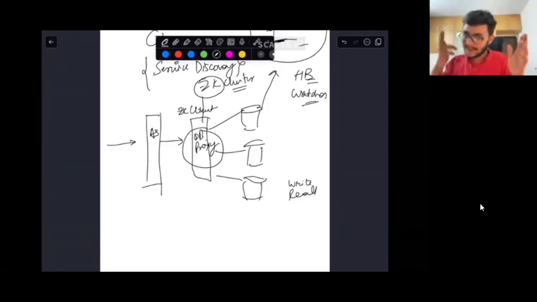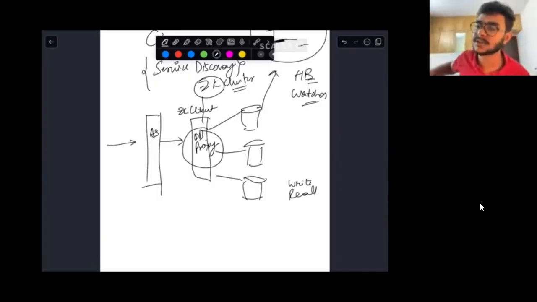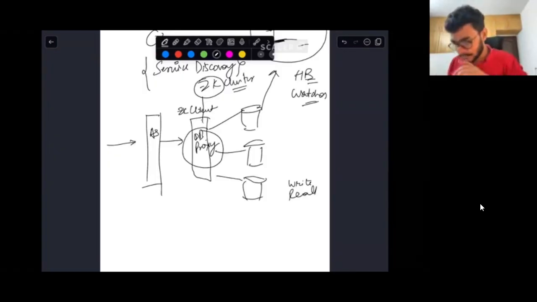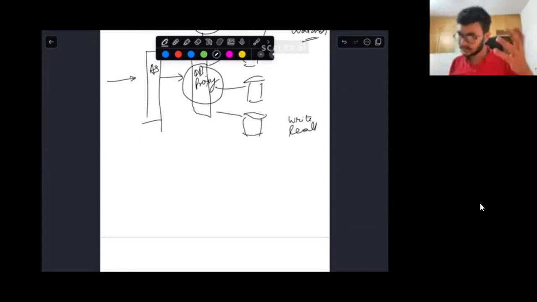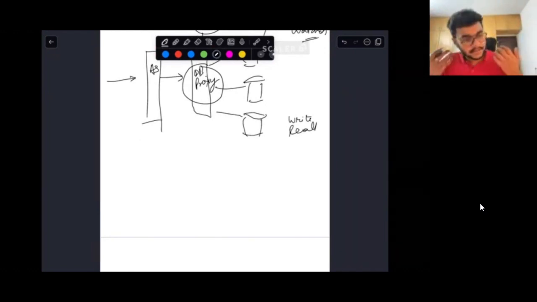So at frequent intervals of time, the heartbeat is going to be emitted from the Zookeeper client that is running on each of these database server machines. Okay, so in that case, I can assume that we are not calling Zookeeper every time, I mean, that extra hop we are not doing. Which is exactly the point of watches, the benefit that watches give you. Instead of a pull based architecture, it's a push based architecture, right?